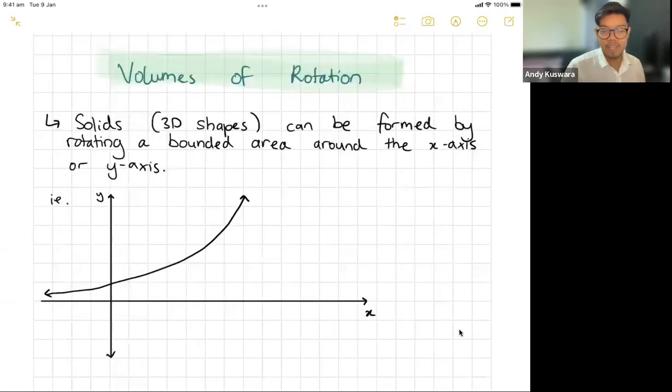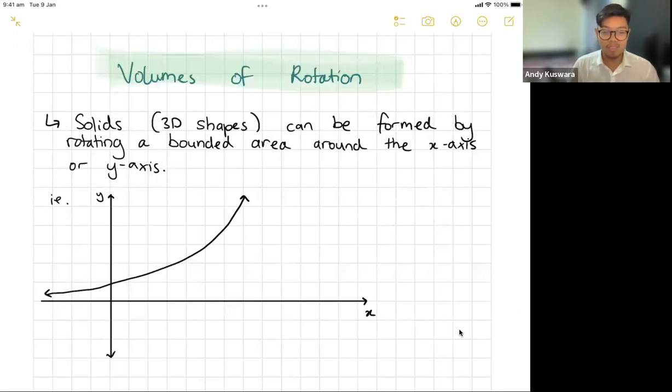Today we are talking about volumes of rotation or revolution. It's up to you what you want to call it: rotation, revolution, etc. This used to be in advanced, but it has moved up into extension. So I don't think it's too bad, but let's go through it together and see what we can make of it. So basically, we're saying that solids, 3D shapes, they can be formed by rotating a bounded area around the